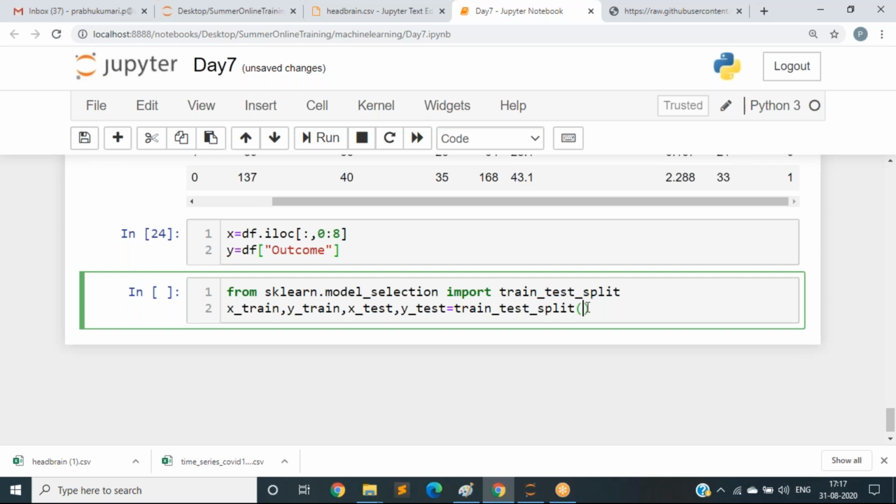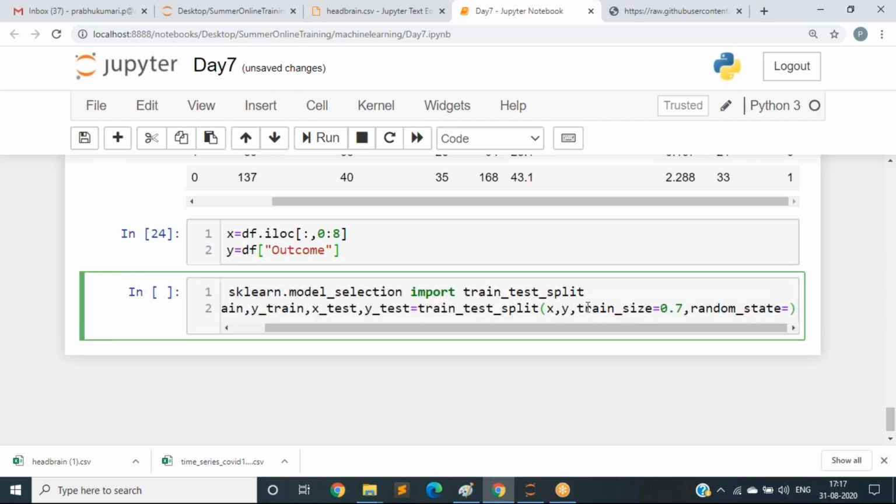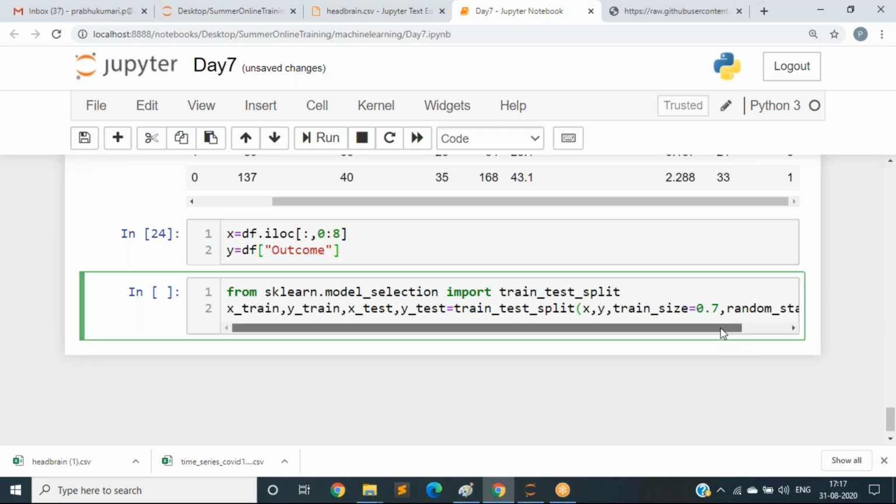What is the next one we should do? Yes, x, y, train_size equal to 0.7, random_state equal to 25. You can give any value.